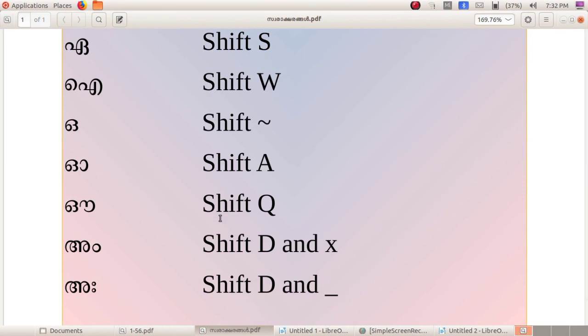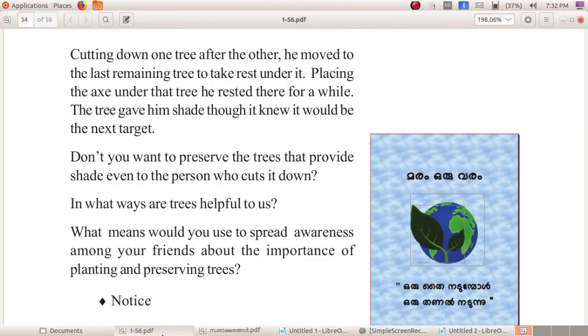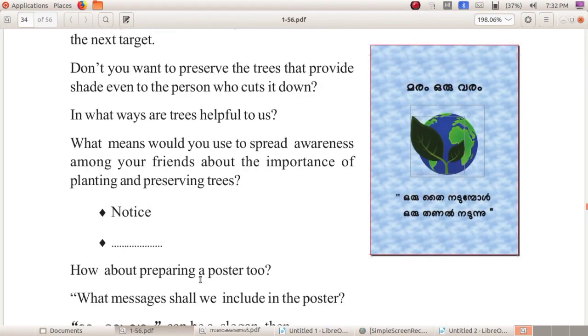So dear children, you want to study this, and in the next class we can study Vyanjanaksharangal. After that you can type this poster: Maram oru varam, oru thai nadumbol oru thanal nadunnu.